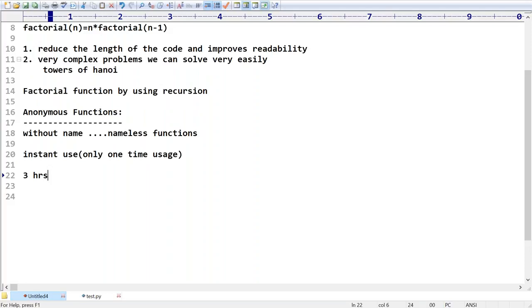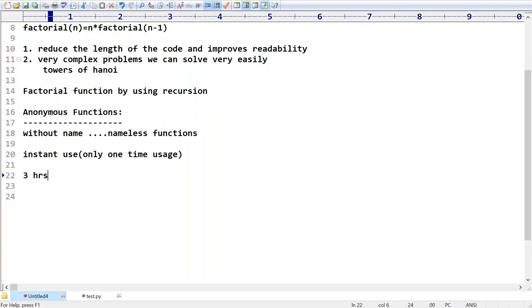Sir, I want to write a function. How many times are you going to use this function? Sir, multiple times. Then automatically, a normal function only. No, sir. Only one time, or in this method only, or in this class only, I want to use this function. Outside of that, I am never going to use it. Okay, one time, instant use, happily we can go for anonymous functions. Clear? Is it clear for all of you, right?